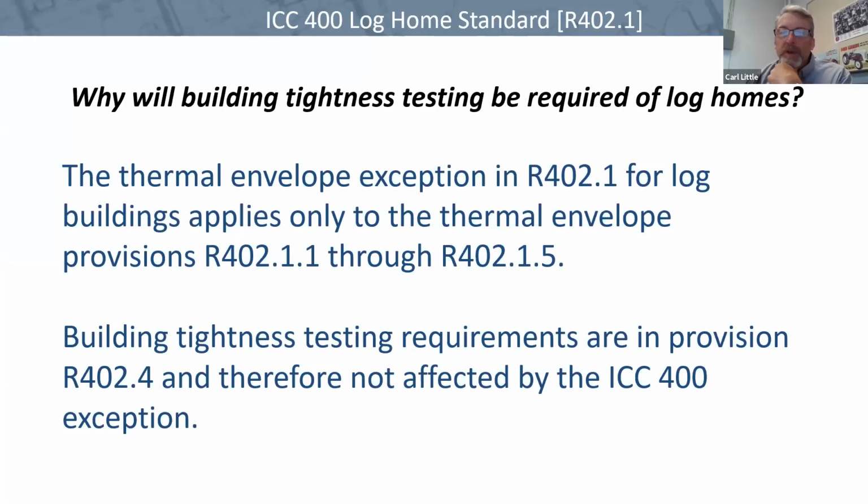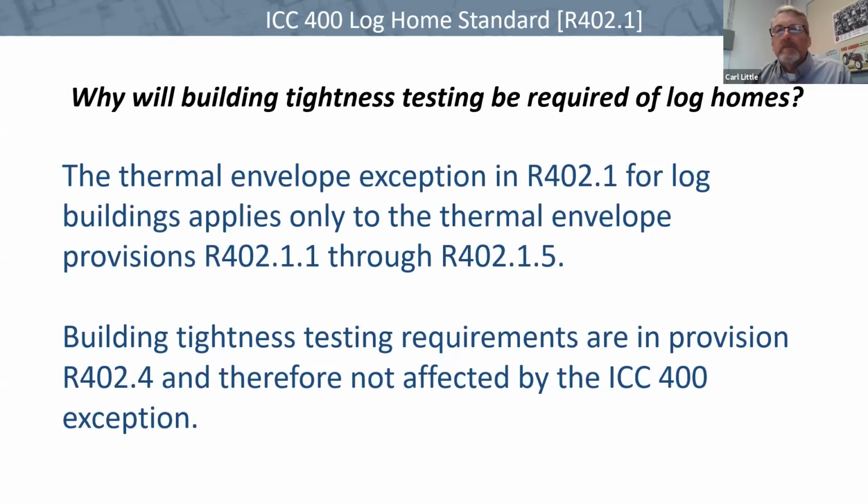Yeah. We have a question whether ICC 400 has been adopted by Montana at this time. Okay, let me go back to it this way. The current energy code in Montana is the 2012 IECC. So the IECC that Montana is now using is a slightly amended version of the 2012 IECC. Montana is in the process of adopting the 2018 IECC. That will hopefully be